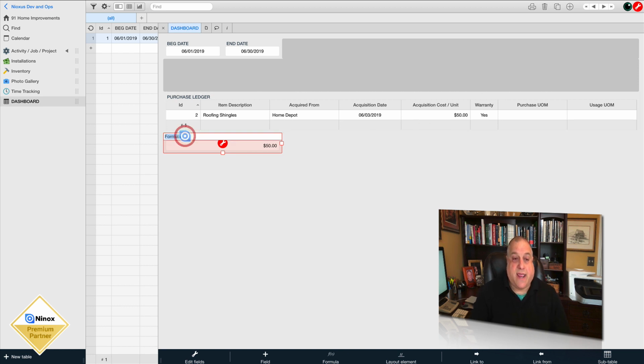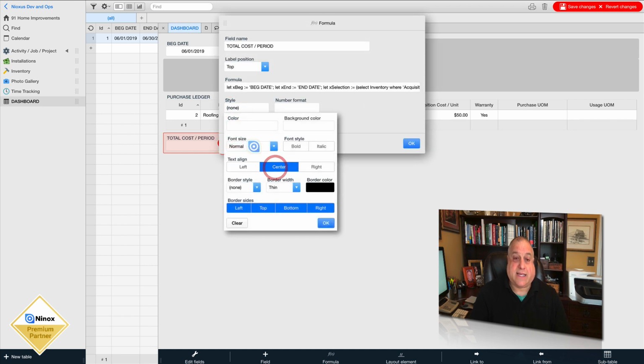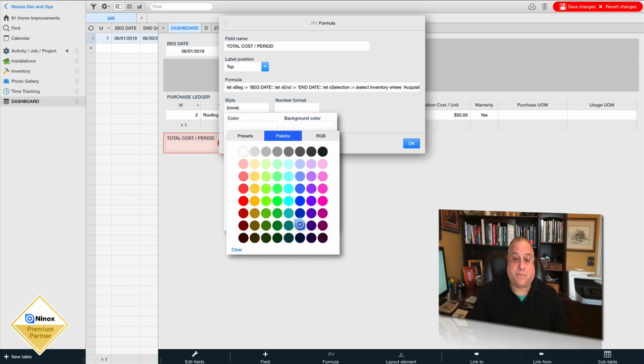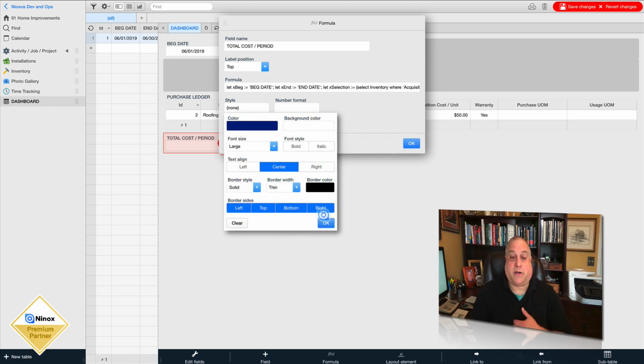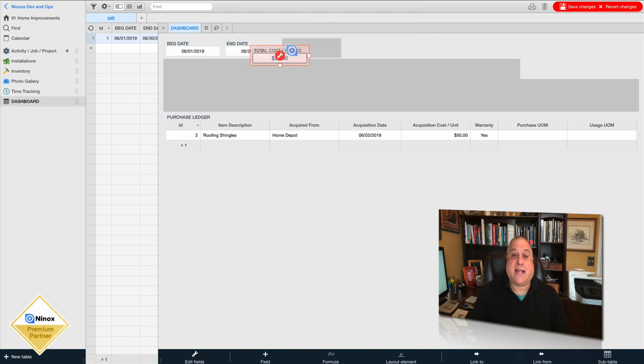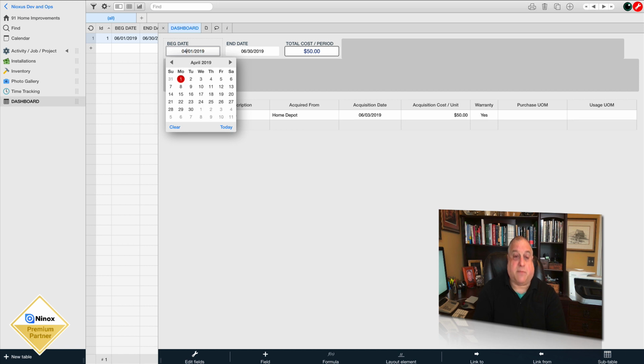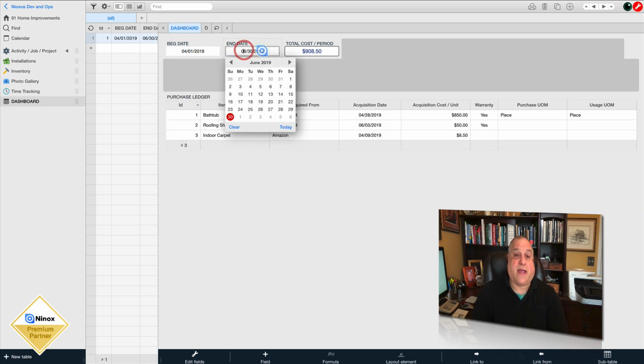We want to go ahead and name this field total cost per period. Because it is a formula, I can format it to look any way I want. And I want it to be dark blue on a white field with a black border. And because it's a formula, I can put it anywhere I want. And there we go. If we change our selection by, for example, going back to April,